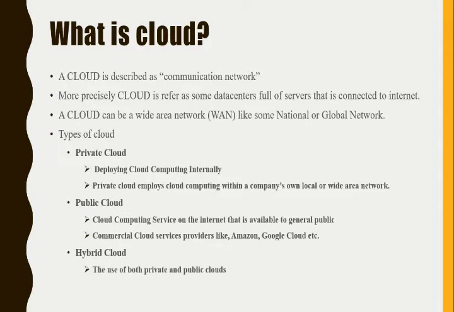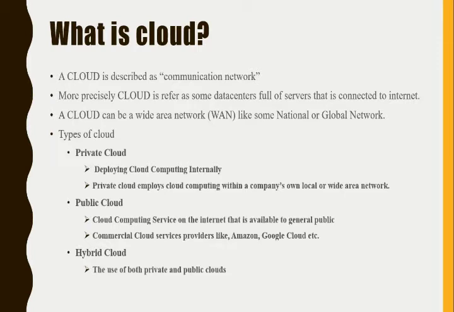The third type of cloud is hybrid cloud. Hybrid cloud is a combination of both public cloud and private cloud. As I gave the example of banks, the data of a bank is very sensitive and they don't want to share it publicly. For that purpose, they own a private cloud. But if banks want to send notices and notifications to customers, for that purpose they can use public cloud. As banks use private cloud for sensitive data and may use public cloud for unimportant data, this mixture is known as hybrid cloud.